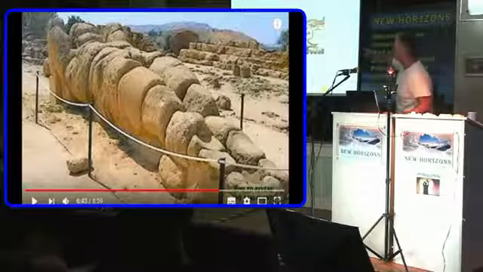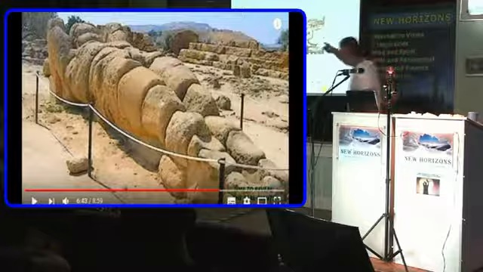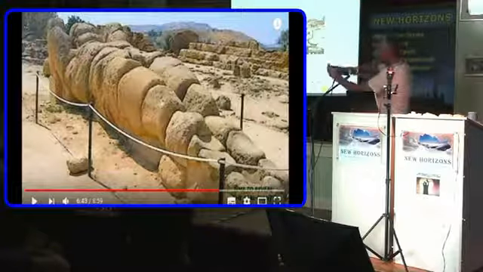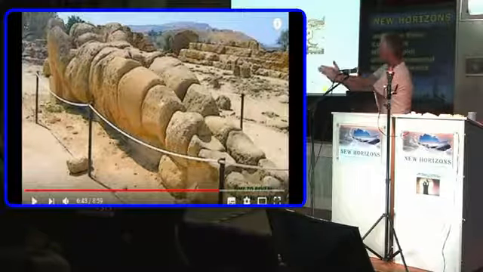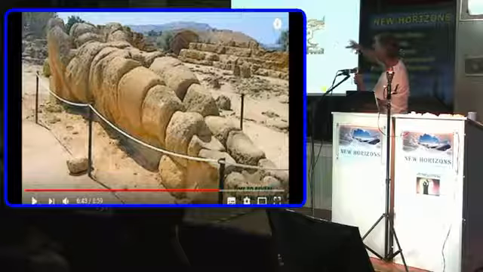Okay, so what you're looking at here is some kind of bones. Yeah, these are bones. What's left of the bones? Like a finger bone, or a toe bone, remains of bones.